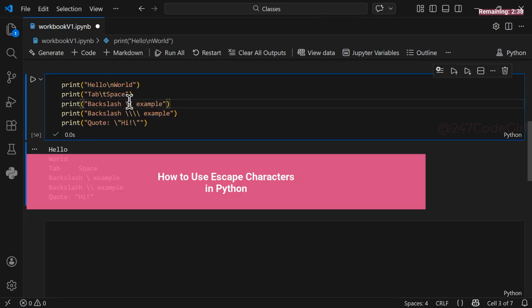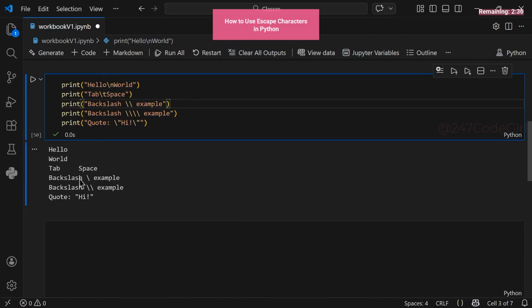Do you know how to get 2 backslashes or 1 backslash printed in your string? Let's take a look at the backslash escape character in Python, which is very important and common, so you definitely need to understand it. So here I have a string hello, and I want to split hello and the word